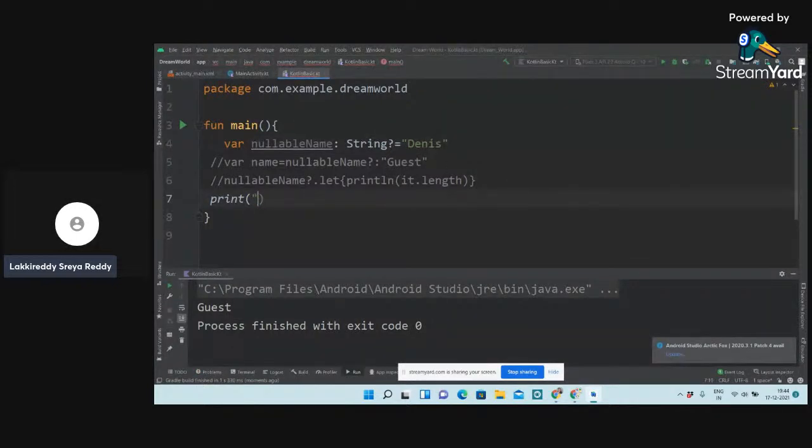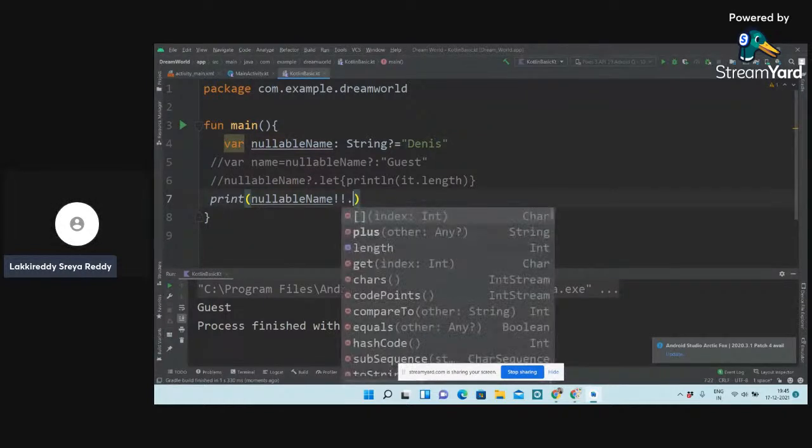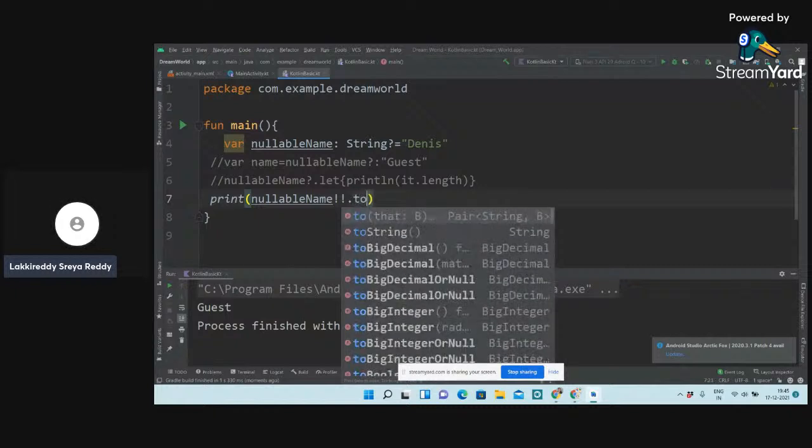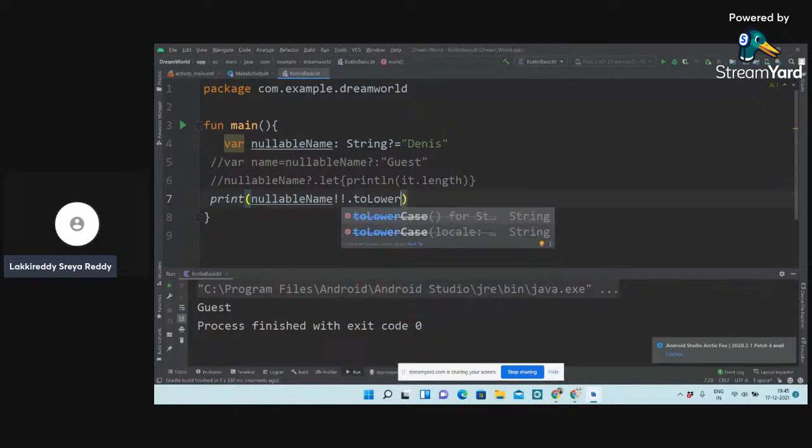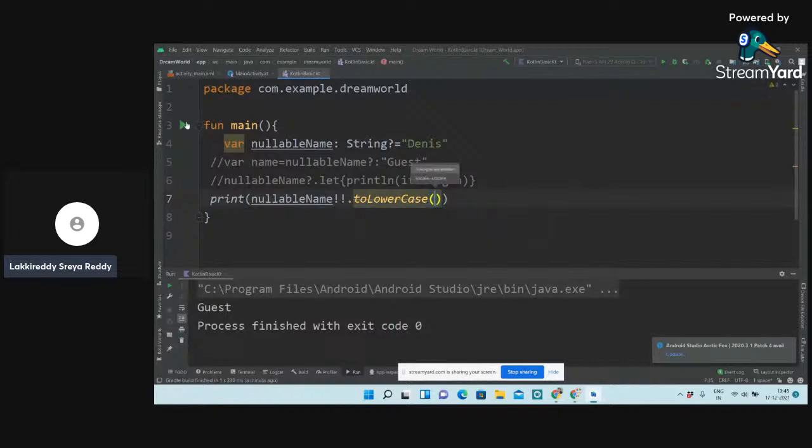So let's just print nullable name double exclamation dot. Let's convert it into lowercase, toLowerCase of. Let's run the code. So Dennis will get printed